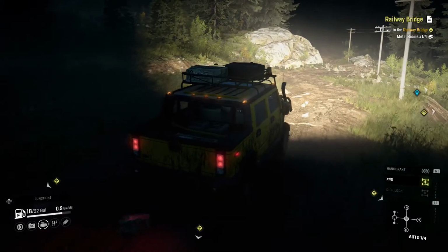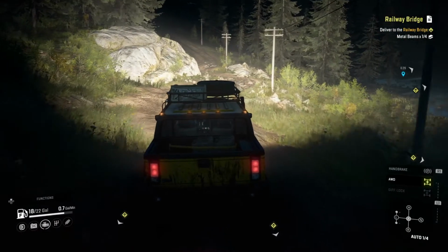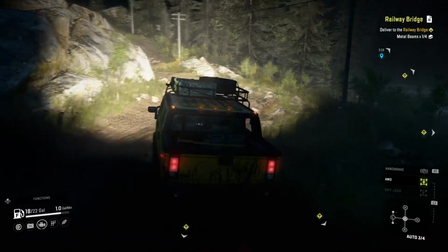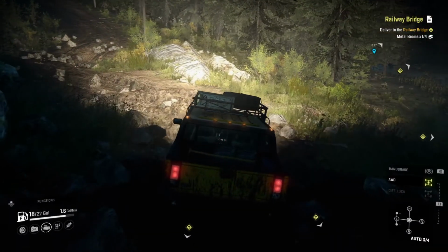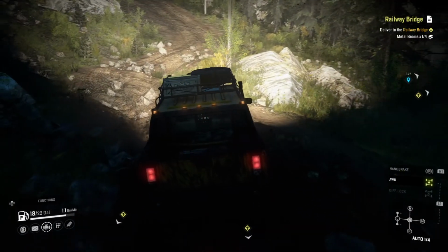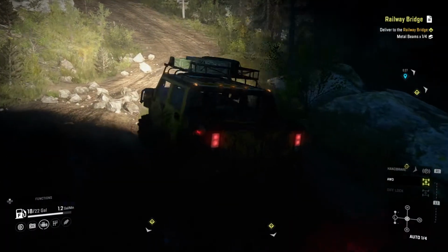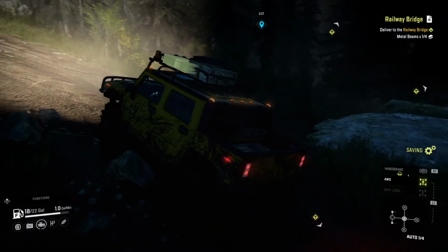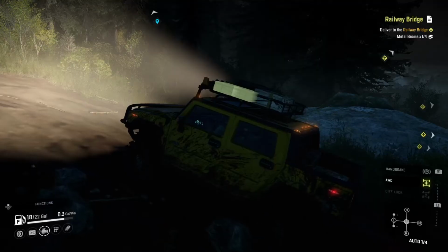Which, I mean, I'm glad it was there because it saved us, but I'm not going to be happy about that when I really need to start yanking. This thing's not good for yanking. I normally use advanced winches on everything. It seems to be the best for objective gameplay. For trail riding, definitely you want an autonomous. But when you're actually using it for objective-based gameplay, you're going to be better off with the